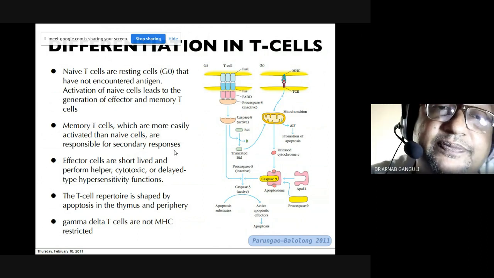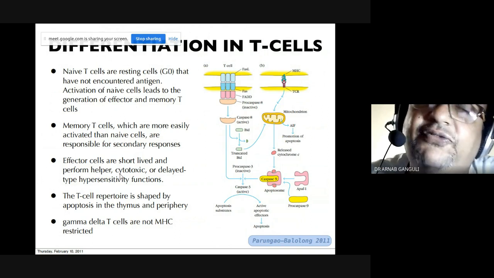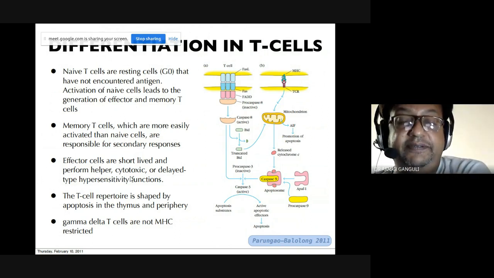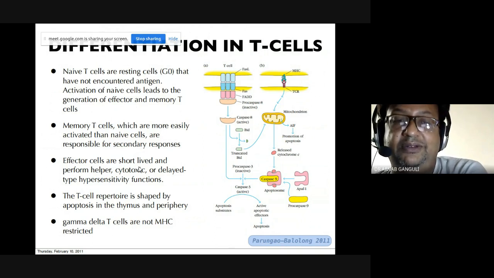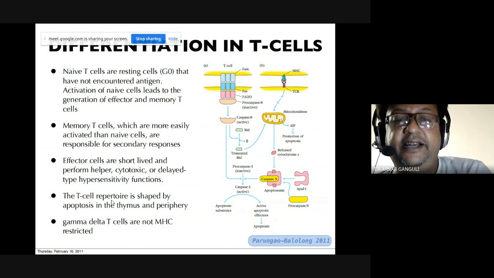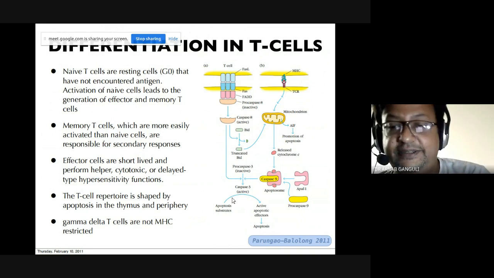responses. এবারে কি হচ্ছে, it will form helper T cells, it will form cytotoxic T cells, or there is a delayed hypersensitivity reaction, সেটা দরকার নেই। কিন্তু সাইটোটক্সিক টি সেলস, হেল্পার টি সেলস তৈরি হয়ে যাচ্ছে এফেক্টর টি সেলস থেকে। The T cell repertoire is shaped by apoptosis in the thymus and periphery. Gamma delta T cells are not MHC restricted, ওটা আলাদা জিনিস।